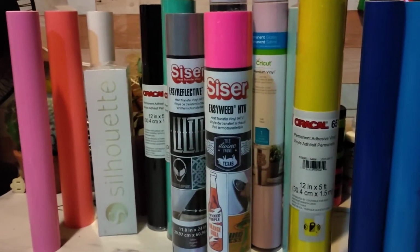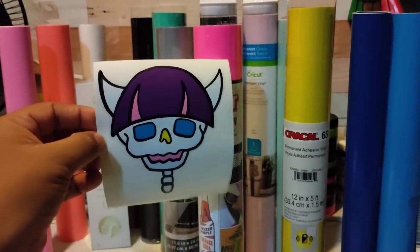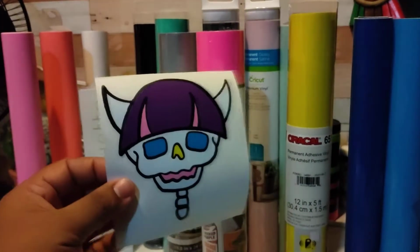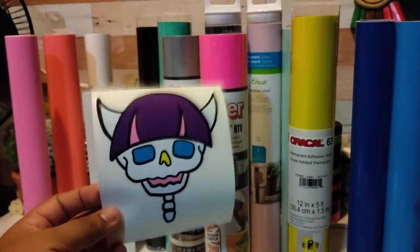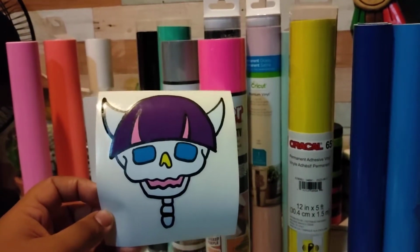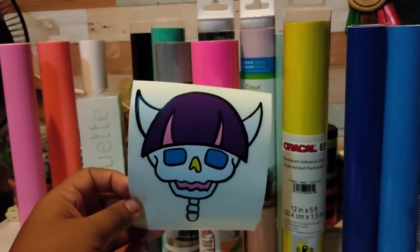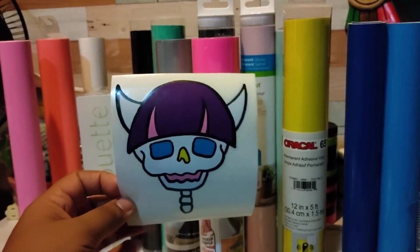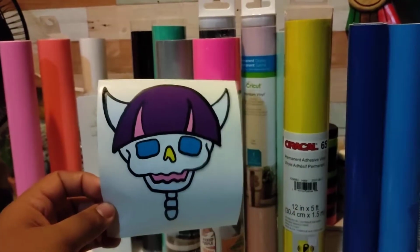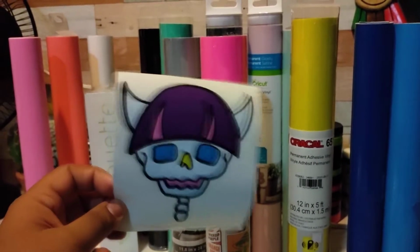Now, as far as designs, I made this design right here, and this is a vinyl sticker, but I also use this design on clothing. So this is about a 4 by 5 inch design. So it's a pretty big sticker, but it's a pretty small design on a shirt. This is a decent size design